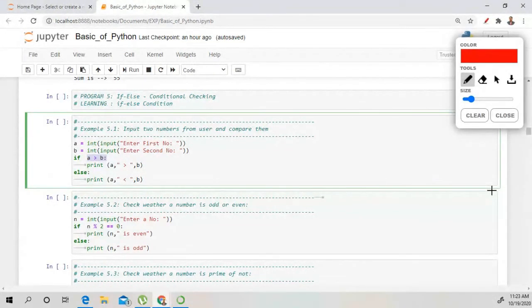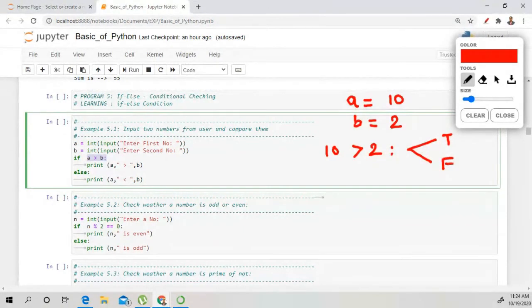So as you can see right here, let's take an example: a is equal to 10, b is equal to 2. So the first statement is 10 is greater than 2. Is this true or false? There are two conditions, true or false. So this statement is true. Okay, now if this statement is true, then the print statement is executed.